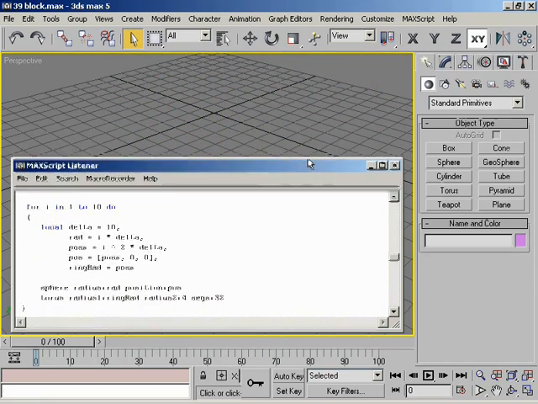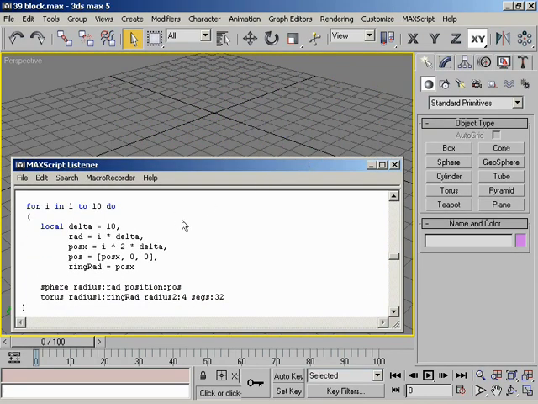I also like to make liberal use of locals to simplify and clarify scripts. In this rewrite of the loop, I pulled all the numbers and expressions out of the constructors and made variables to hold them. This lets me see all the main expressions up front, which I can break into as many sub-expressions as I need to help build up the final parameters, and lets me factor common pieces of code so